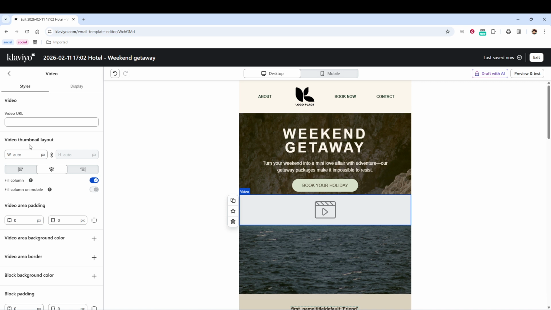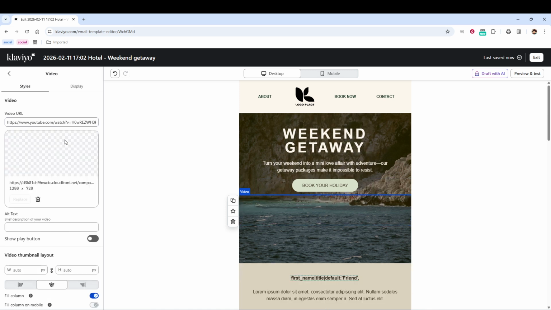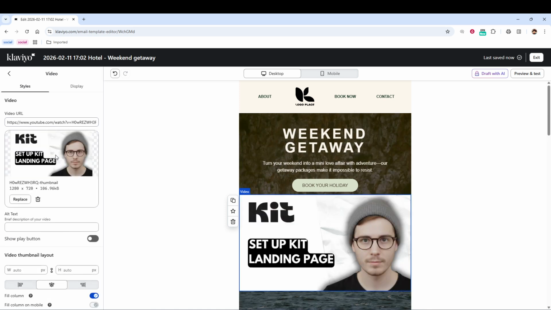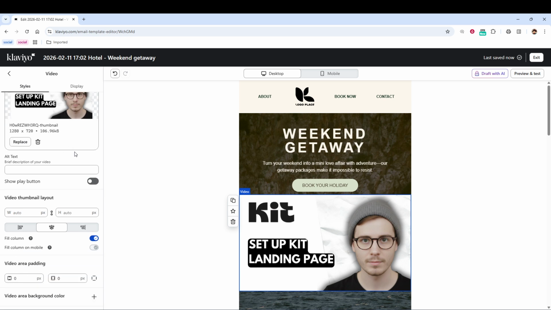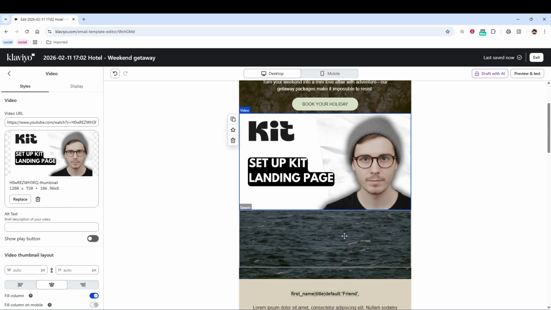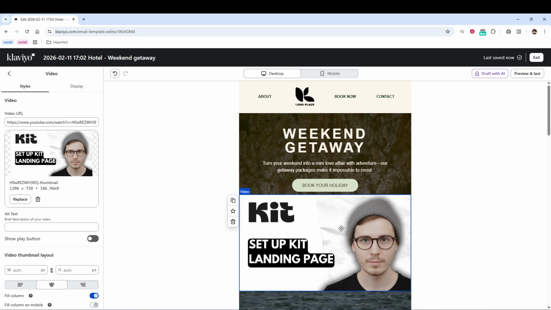Here's where you paste your video's URL. Klaviyo supports links from platforms like YouTube, Vimeo, and TikTok, so just copy the full URL from your browser and paste it into the field provided in the editor. Be sure you're using the public or shareable link, not a private dashboard link, so recipients can actually view the